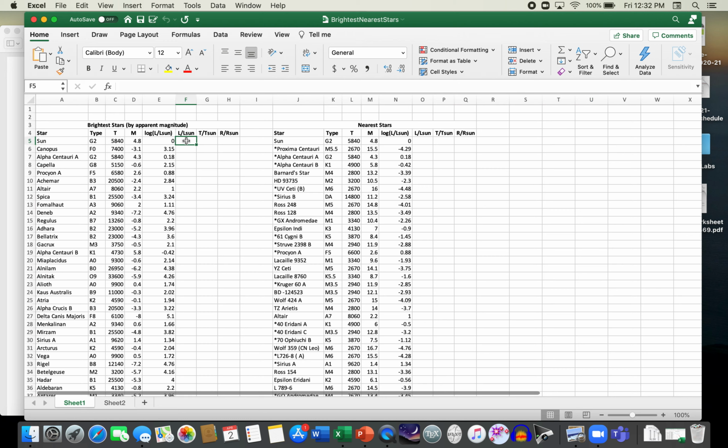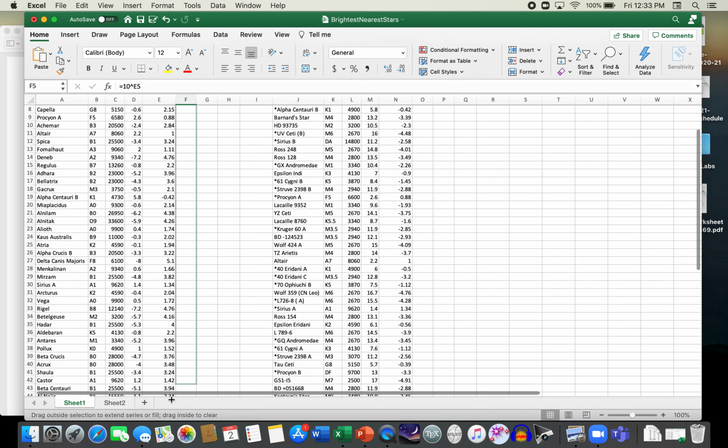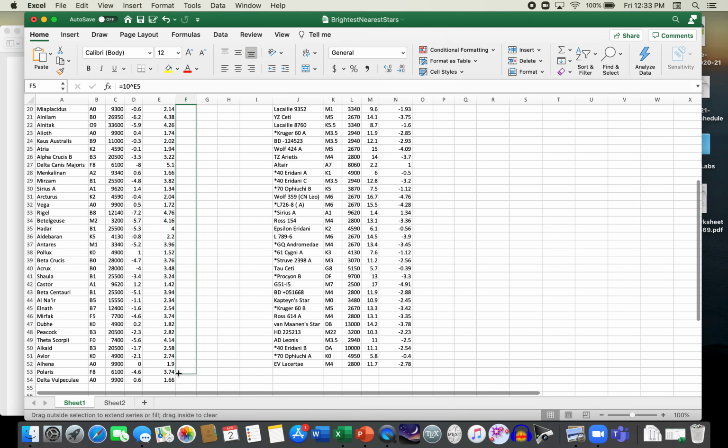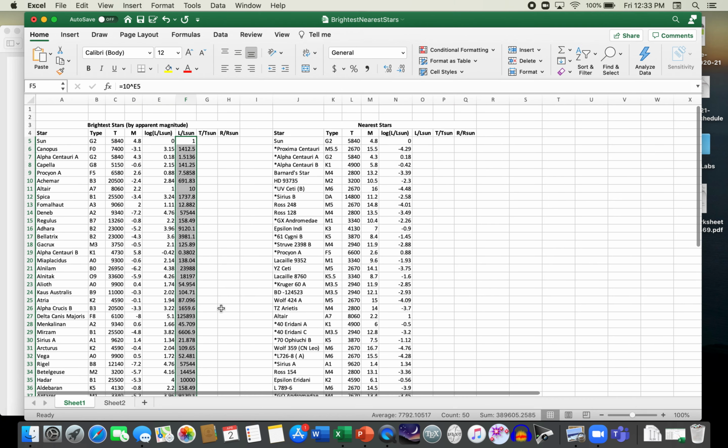So the first thing I'm going to do is create this data here, and I'm going to do that by taking the number that's in the column E and raising it into the exponent of 10. So equals 10 raised to the power of that number. And so the sun has a luminosity relative to the luminosity of the sun of exactly 1. And then now that I've done that, I can drag the formula down